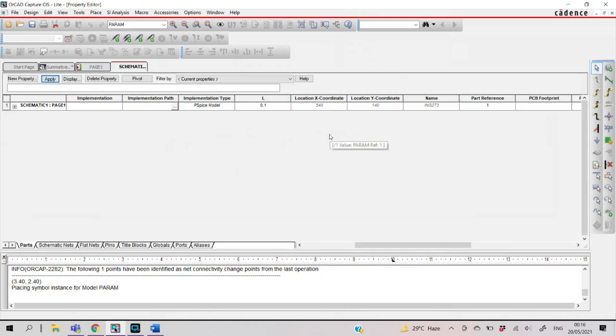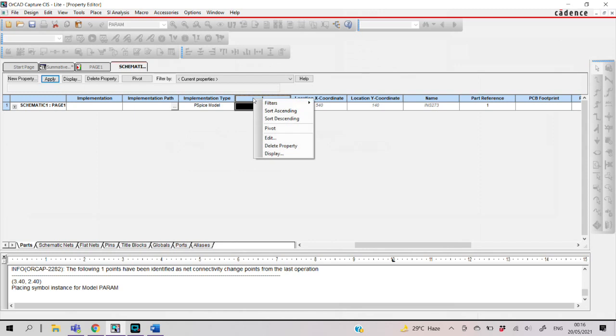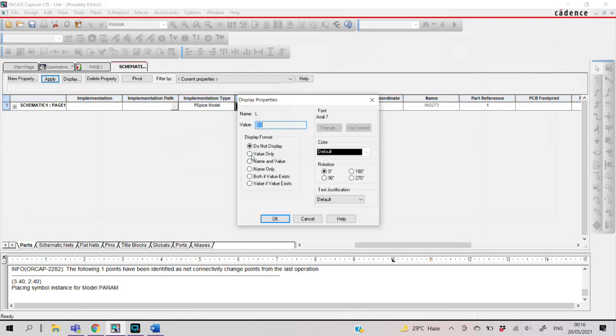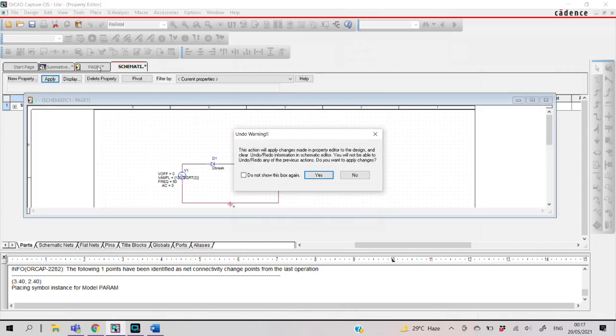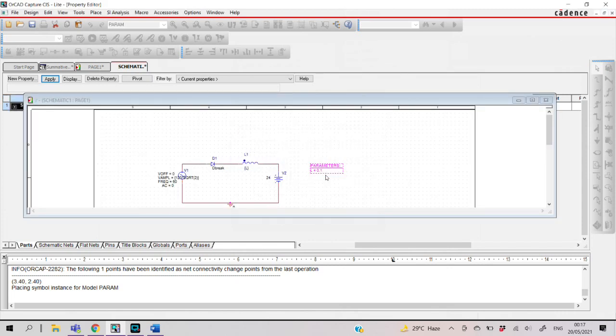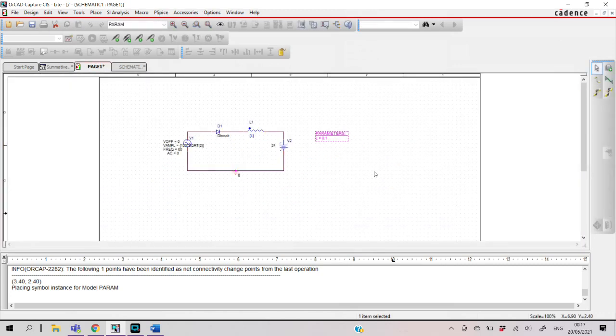Let's see. Display. So we say value, name and value. There, enable to show in our schematic. Let's say yes. Yeah, there. So now we can see the parameter L is equal to 0.1. So let's save it first. And now we will proceed